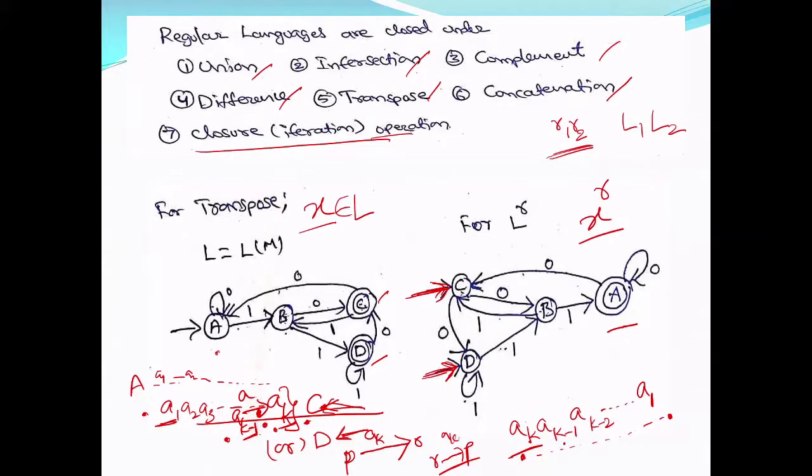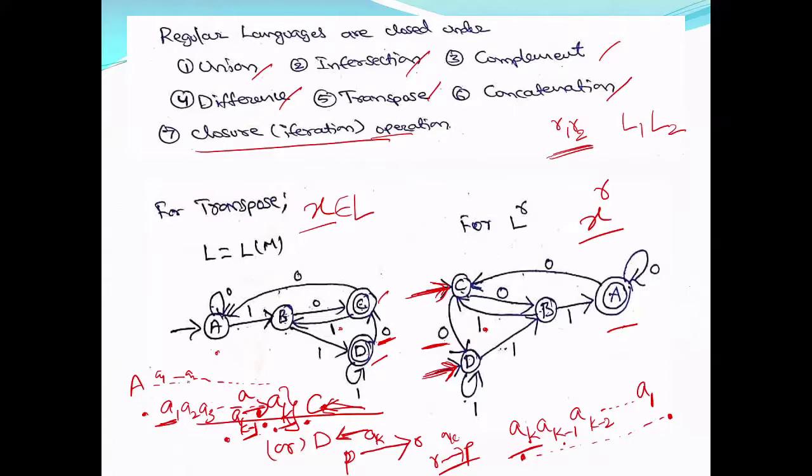Right? Now look at this C to D on 0. There was a transition. So earlier there was a transition from D to C on 0 in your original FA. Now in the M transpose, this is reversed, C to D. When D to C is there, there is C to D on the symbol. Similarly, if you look at B to C on 0, it will become C to B on 0, and C to B on 1 will become B to C on 1, and similarly C to A on 0 becomes A to C on 0.